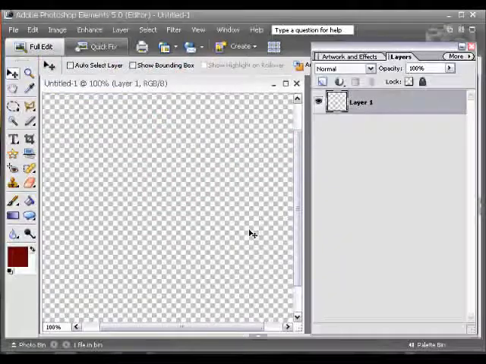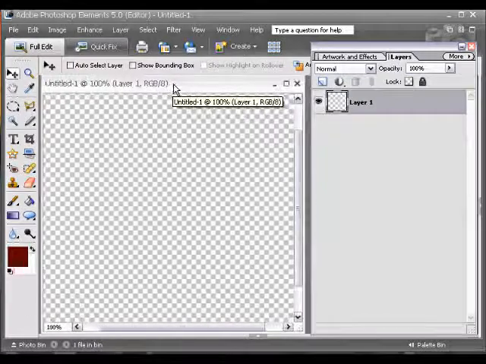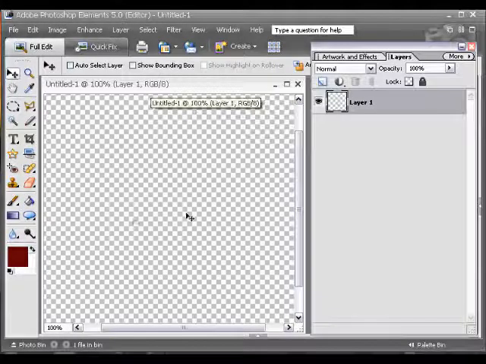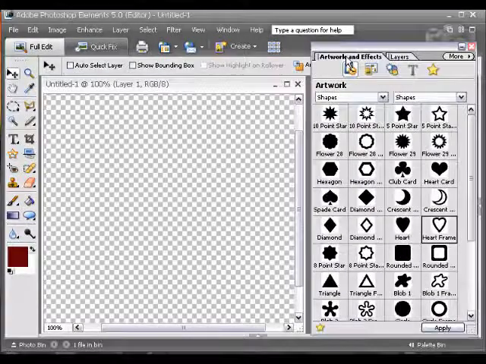No Valentine's Day would be complete without a heart-shaped box of candy to give to your loved one. I'm going to show you very quickly how to make one in Photoshop Elements 5. I'm starting with a plain document, 500 by 500 transparent background, and I'm going into my Artwork and Effects palette